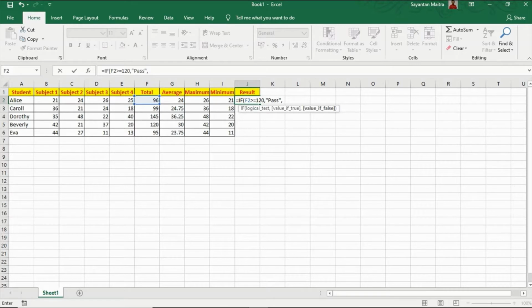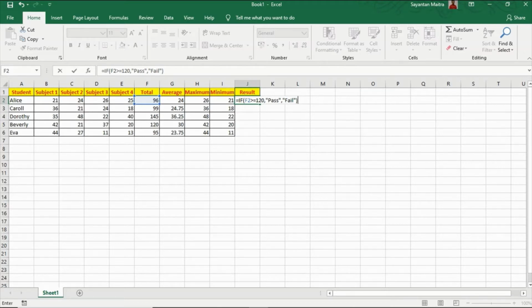And what is this value if false? The value if false is what Excel returns if the criteria is not satisfied. So in this case, if the student gets less than 120, then what should Excel give as the value? Here it will be fail. I am writing fail and pass in double quotation marks because if we don't, Excel will misread this as a formula and our formula will go wrong.